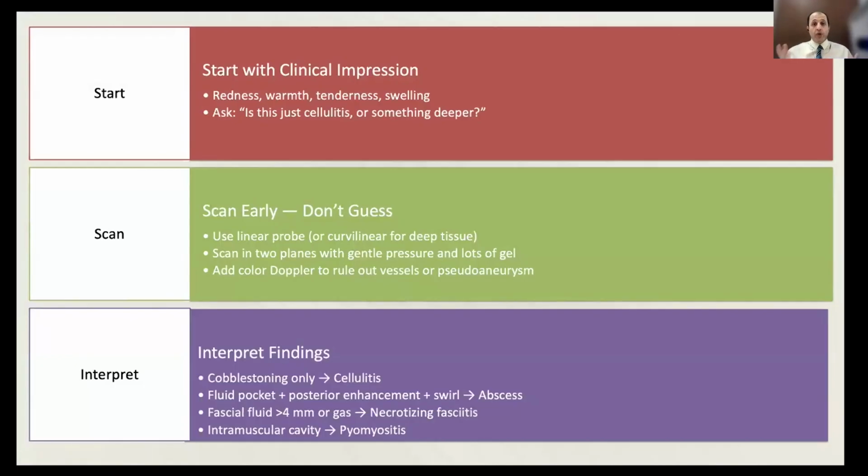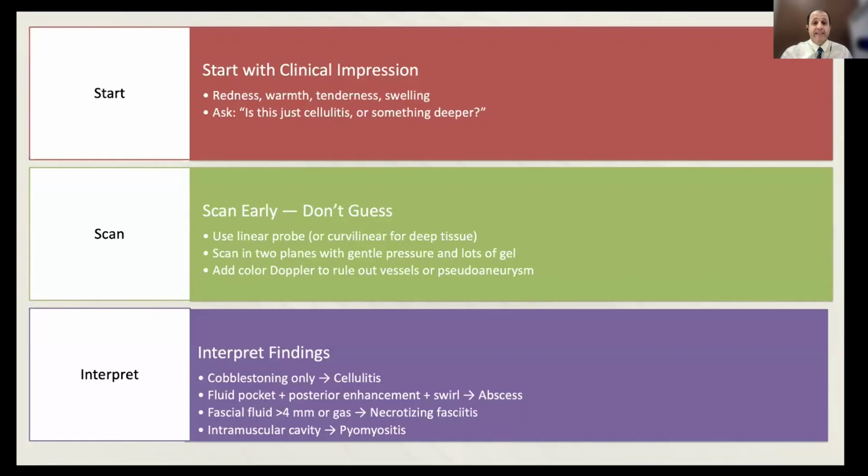So what I usually do for my cases in the emergency room when a patient comes with soft tissue infection: the patient usually presents with redness, warmth, tenderness, swelling, and fever. The first question I always think is, is it just cellulitis or something else? And then I will go with my POCUS. I choose my probe based on the case and the body habitus of the patient. Am I scanning some anatomical location like thigh, buttock, or do I just want to scan fingers and toes.